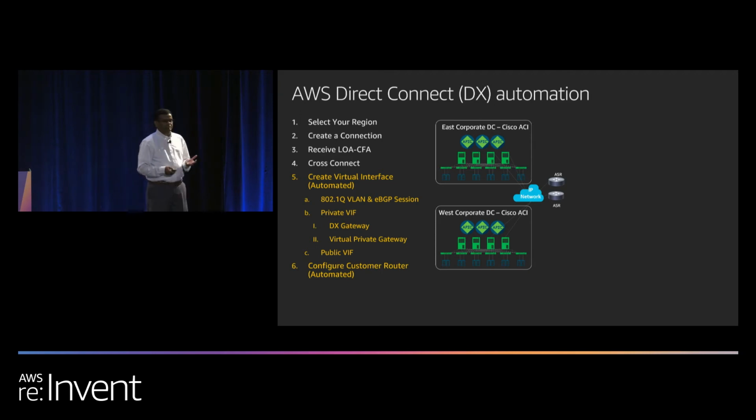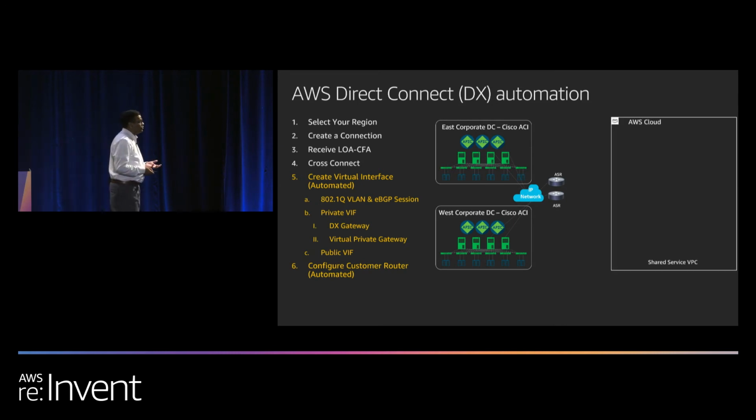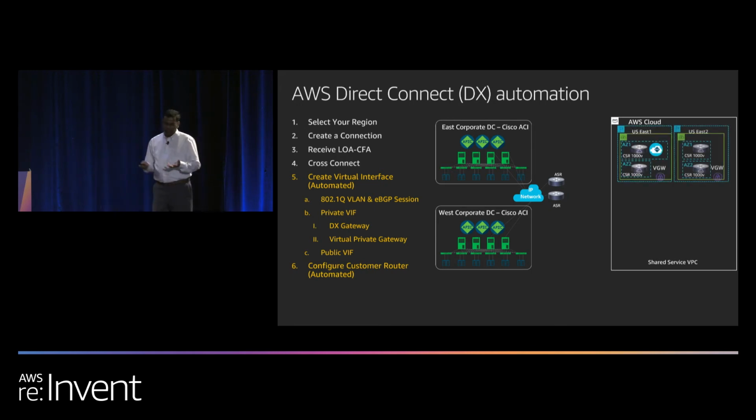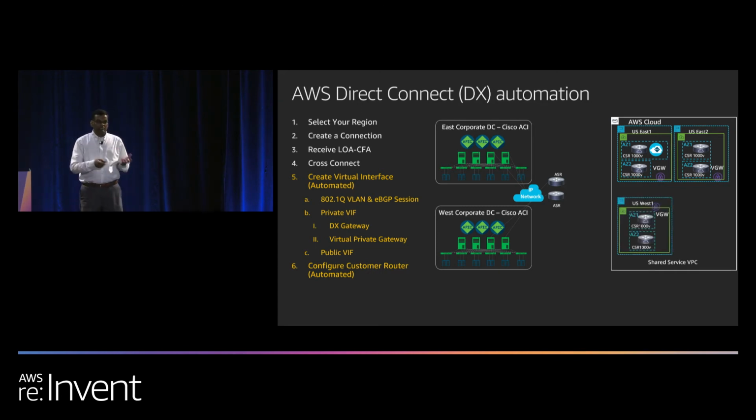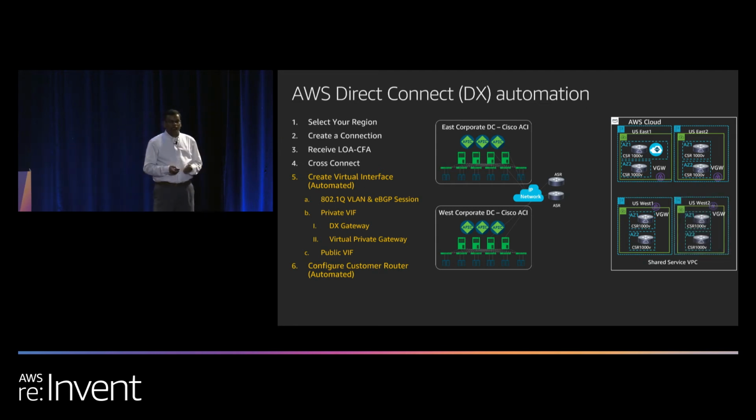A common scenario we have seen is customers starting with fully redundant data centers on an on-premises site. So you might have one or more than one site. You will connect with some sort of core or IP network environment, or IPN device. And then you want to go on a cloud journey where you will have one or more regions. In this case, just as an example, we'll take 4 regions, because you might have 2 in the US, East and West, and then 2 in Europe or maybe in Asia Pacific.